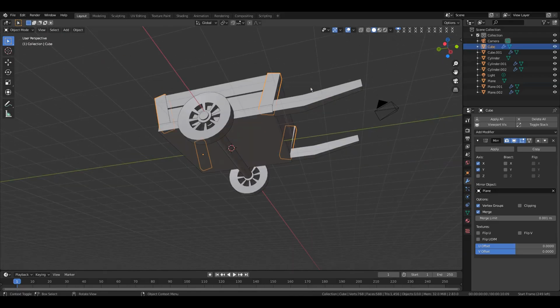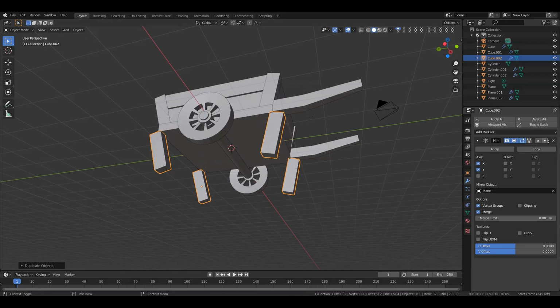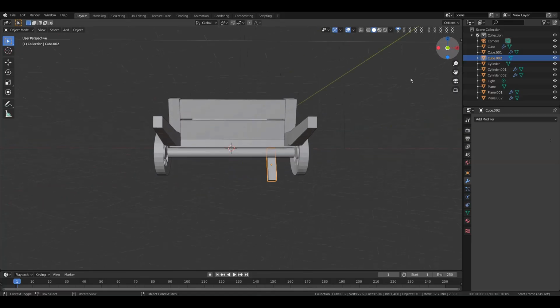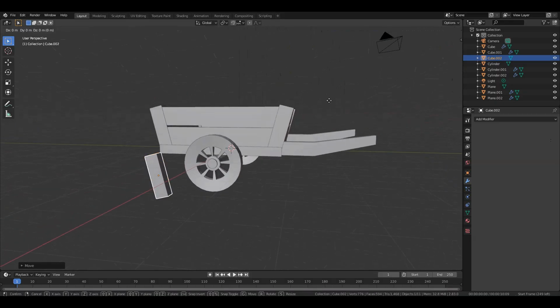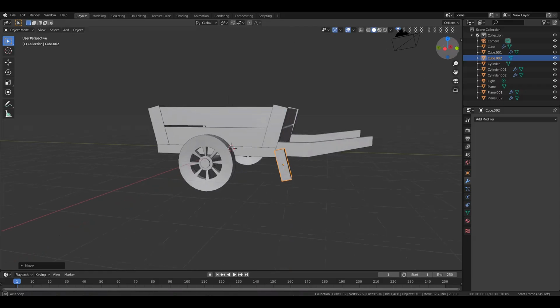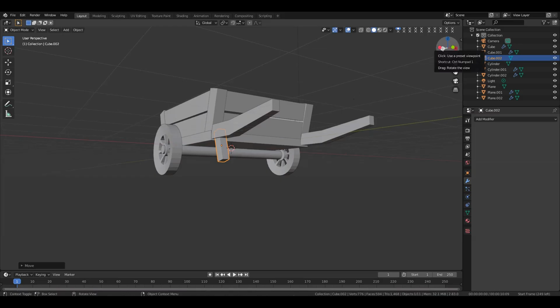Okay, so select these cubes, then press Shift D, then Z, then drag it down to here, and also remove all the modifiers on it. Now press G, then X, then to this side, then press G, then Y, then put it under the handle, then press S and scale it down a little bit, then press G, then Z again, then move it up a little bit like this, then press G, then X to put it under the handle,